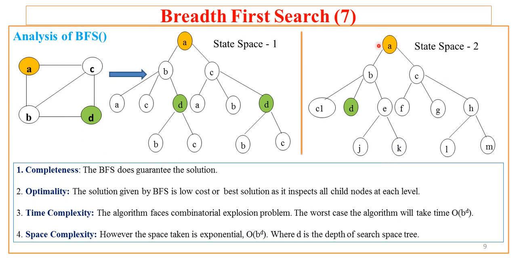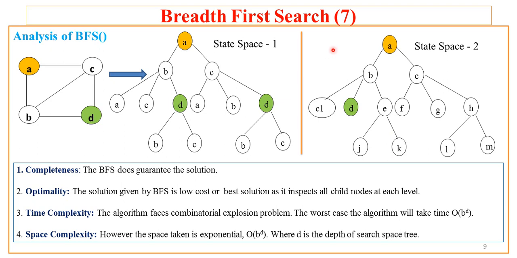So here DFS keeps going deeper and deeper. If it follows a wrong path, it may not give a solution at all, even though the solution is available, that is, the goal node is D. As it follows the path from A to B, B to E, E to K, or even J, or even the next level, if the state space is infinite, it will keep going infinitely without giving a solution. So DFS doesn't guarantee the solution.